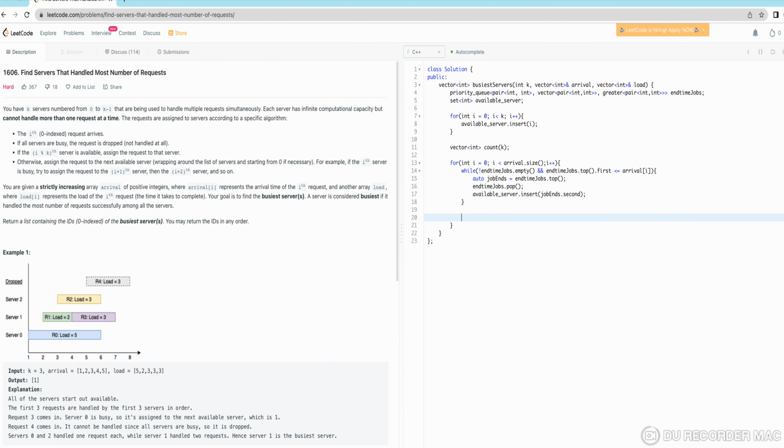After that, once it is available, we need to find out which is the next available server for this particular job. From this available server set, we can see which is free, so for that we need to go to this particular server,